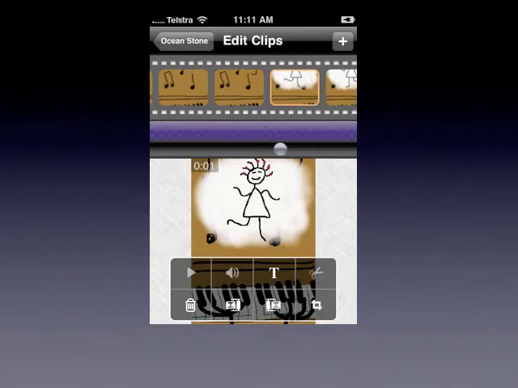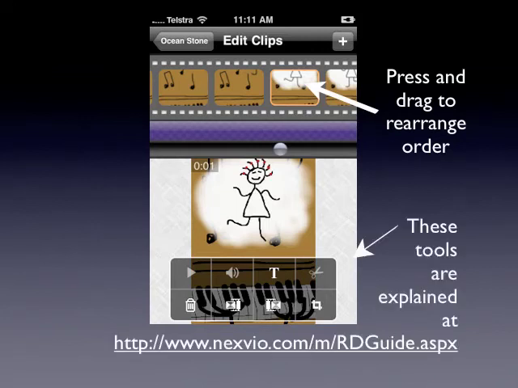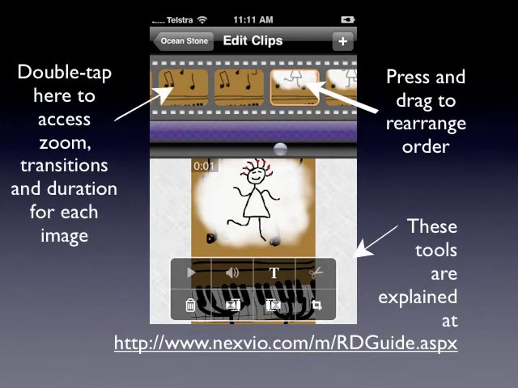Once you're onto the edit clips, you've got some content in here. You can see them in the top there. You can press and drag on each clip to rearrange the order that they're in. The tools down the bottom you can see are explained in the ReelDirector guide provided by the developers on the web, and you can double tap on one of them to access zoom, transitions and duration for each image,